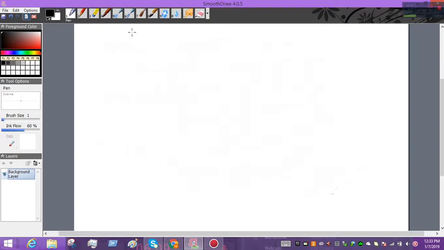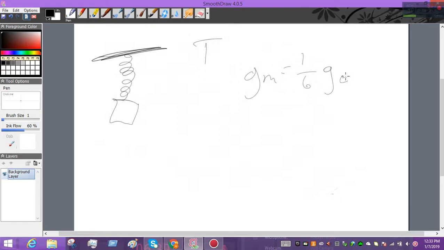Okay, next problem. A spring block simple harmonic oscillator is set up so the oscillation is vertical. So let me quickly draw this. We've got a spring and we've got a block, and this is the roof or whatnot. It could be the other way around, but I'm just drawing it like this. The period is T. If the spring and the block are taken to the surface of the moon, where the gravitational acceleration, so g moon equals 1/6 g Earth,